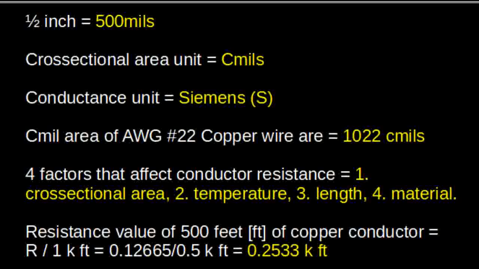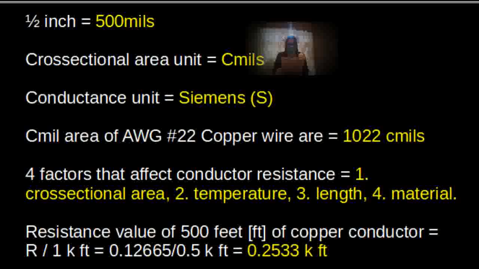List 4 factors that affect conductor resistance. 1. Cross-sectional area. 2. Temperature. 3. Length. And 4. Material. What is the resistance value of 500 feet of number 4 copper conductor? The formula is resistance of 0.2533 ohms divided by 1 kilo feet, 1,000 feet, which equals 0.12665 divided by 0.5 thousand